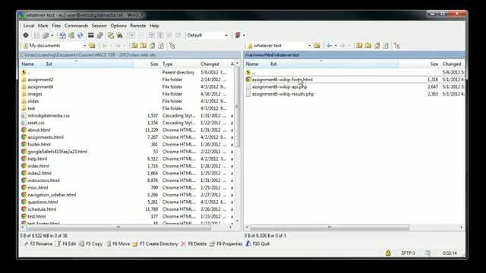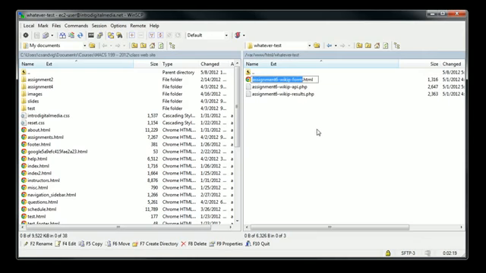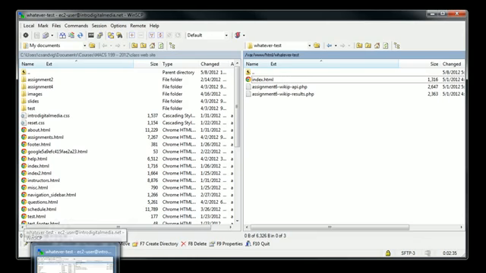I'm going to rename the first file in there index.html because that's the name that the web server recognizes as the default file for any directory. So if you don't specify a file name when you're typing in a URL for a directory, the web server will always look for index.html. So we'll just test to be sure that worked by closing